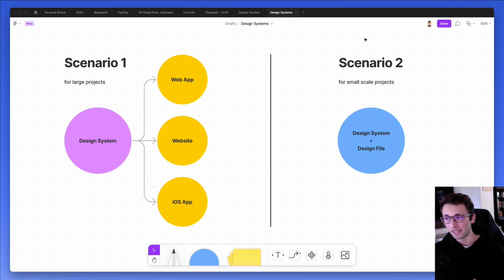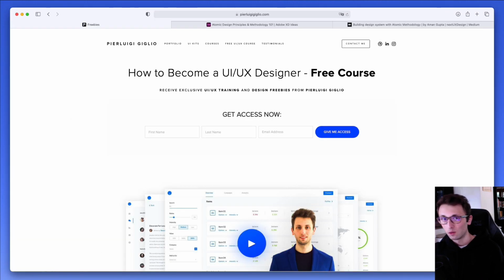Now, let me explain. For example, in the very first scenario, we have a large project which is going on, and for example, this is the way that I currently structured the project files in the design system in the current company which I'm working on full time, which is based in the US, large company or medium-sized company, I would say. And the reason why we structured it this way is simply because